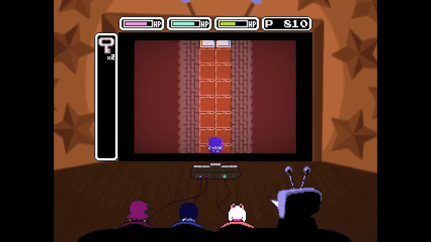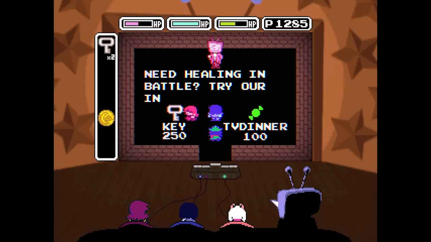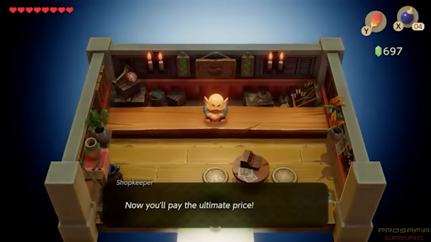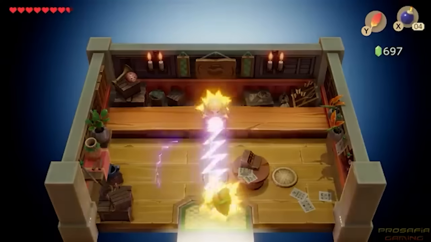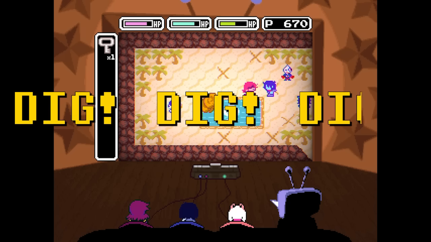The entrance to the secret fan mail room is almost identical to a puzzle in the first dungeon of Chapter 1. Number 8. When Susie grabs one of the keys, the shopkeeper yells, "Thief!" This is similar to what happens in Link's Awakening if Link steals from the shop. He's called Thief forever. The music that plays when Lancer is digging is called Dig Dig Dig to the center